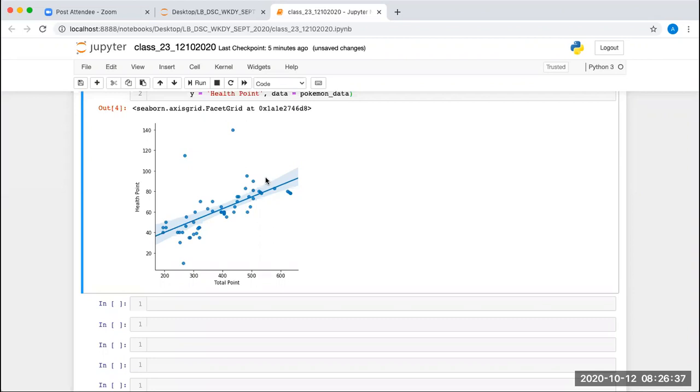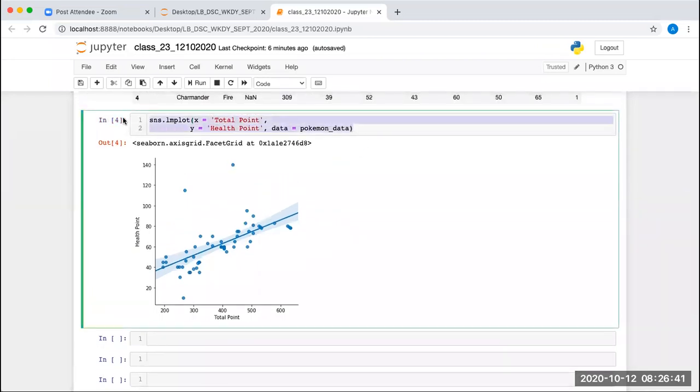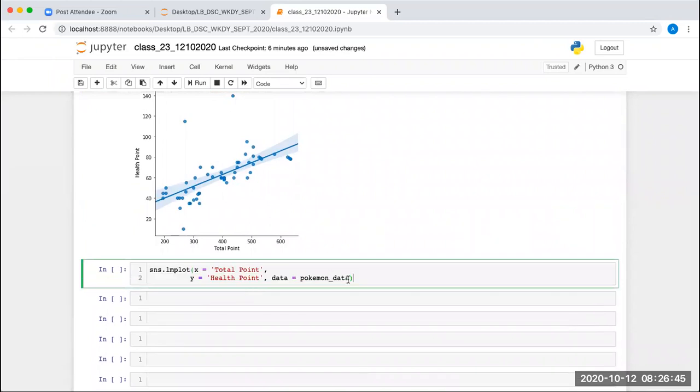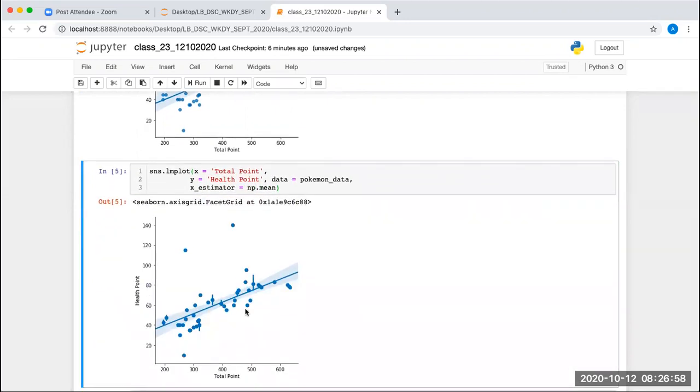In that case, there is an x_estimator attribute which you can specify here, and you can use the mean function for that. So x_estimator equals np.mean. If you execute it, it will give you the central tendency of the data.